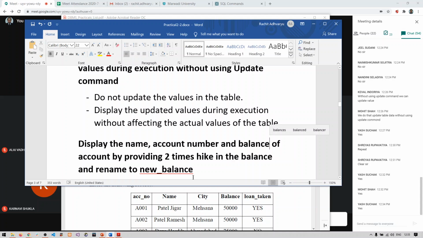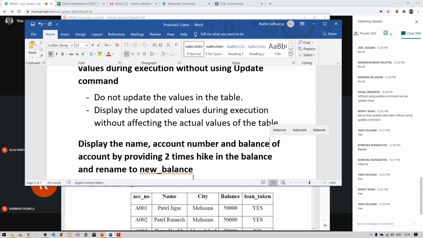Any doubts? So we are going to display name, account number and balance of the accounts, but we have to multiply the balance with 2 and name it as new_balance. That is what we are going to do.